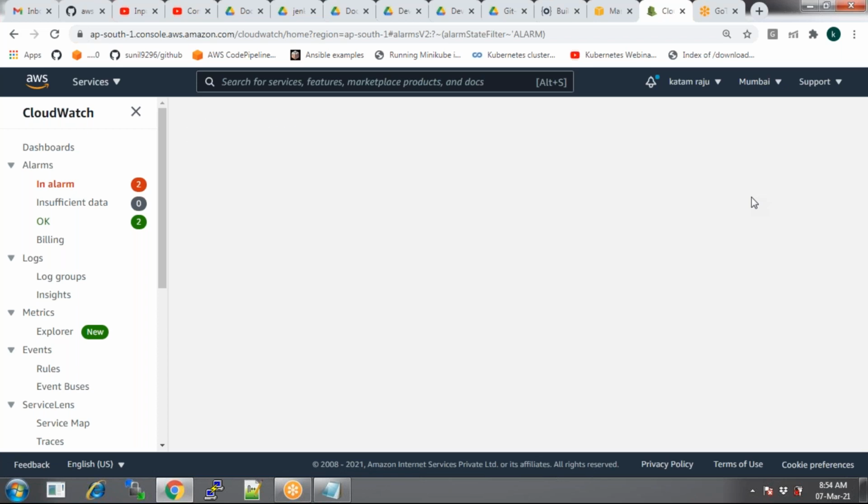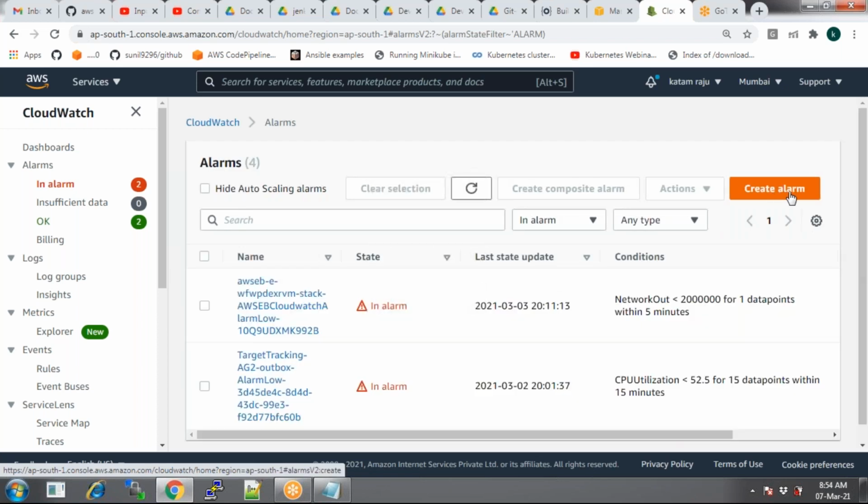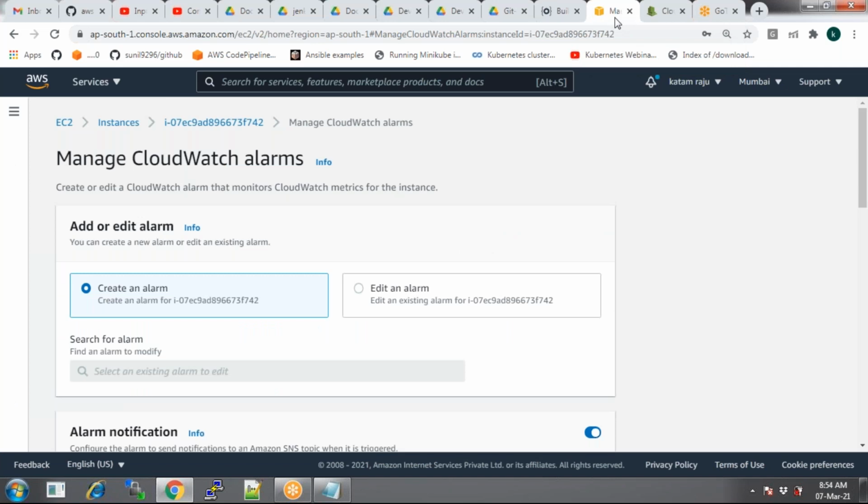Yeah, I think they have an option called create a new alarm. So you can create a new alarm from CloudWatch, or else from here. This is the best option, and that's why it is integrated with your EC2. CloudWatch is integrated with many other services. For example, if I'm creating a database, I want to set up some alarms for it. EC2 is one of the services we have in AWS.